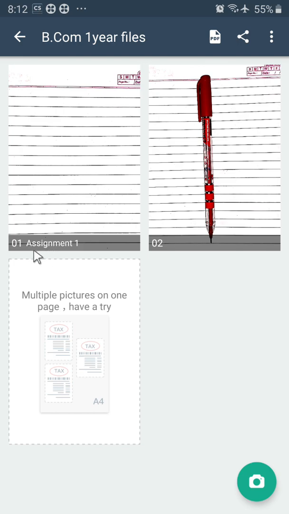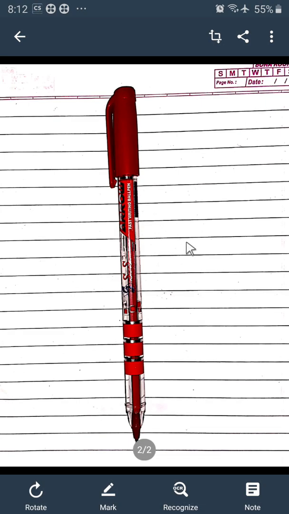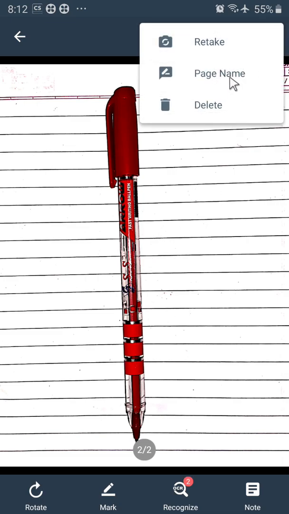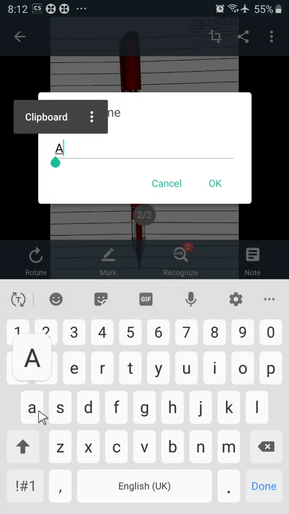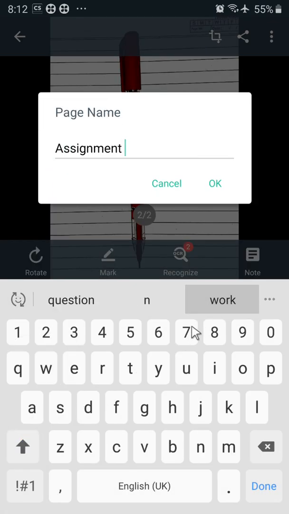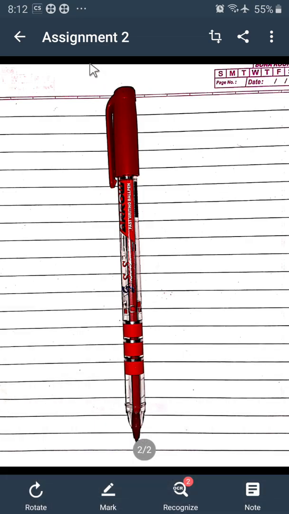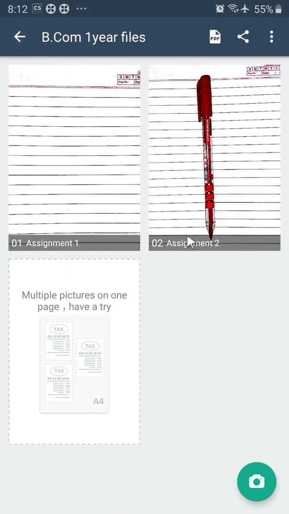See here, assignment 1, and you can give a new name like this for each page. Again click on this one, and type assignment 2. Okay, see, assignment 2. Come back, see assignment 1, assignment 2. So the folder name has become first year files.